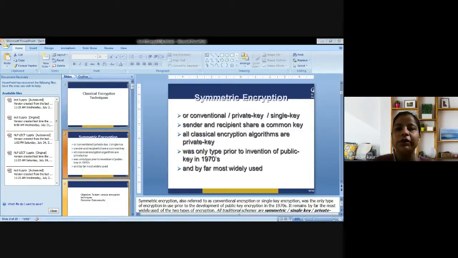So what is basically symmetric encryption? Let's talk about the same. That is a very simple term. What is symmetric encryption? As we all know, it is a technique that is used to secure the data, to provide protection to the data that is being transmitted between two parties.